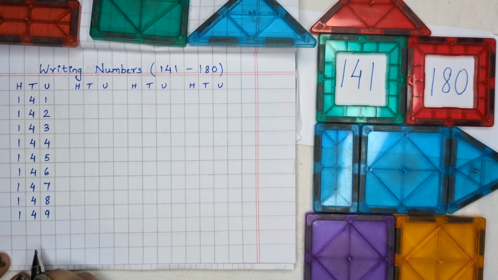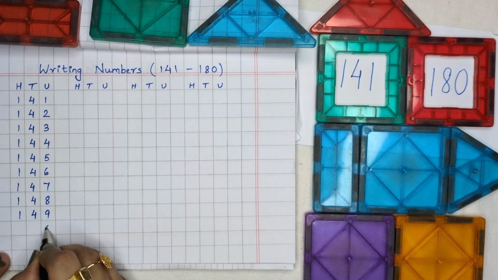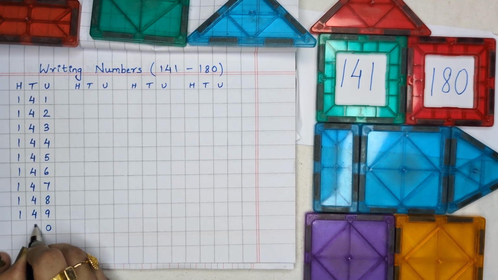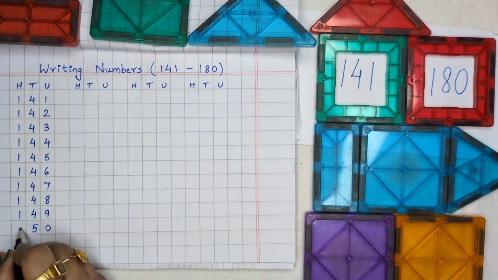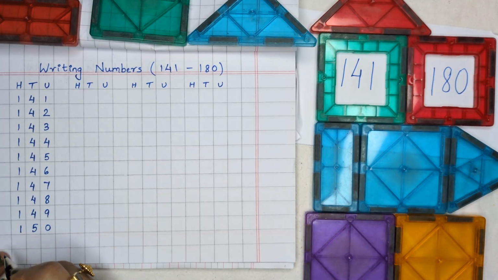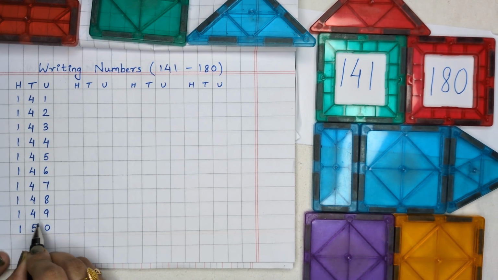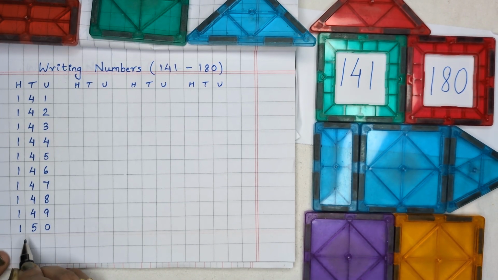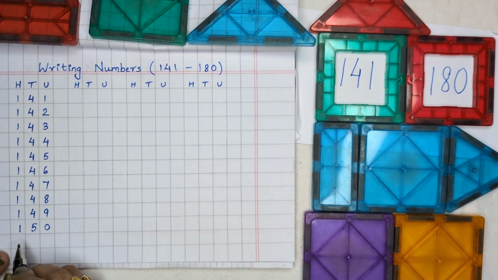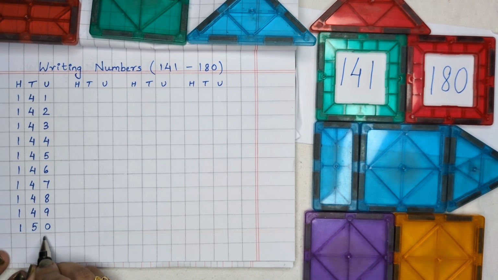149. After this, 9 becomes 0, 4 becomes 5, the next number, and 1 remains same as we are talking about the hundreds place. 150. So after 149 comes 150. Then after 150 will come